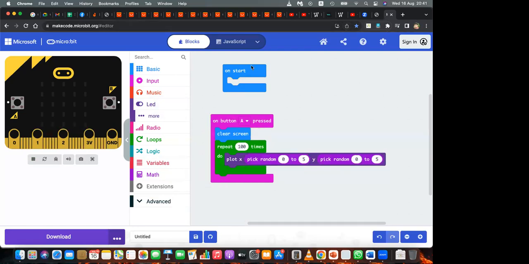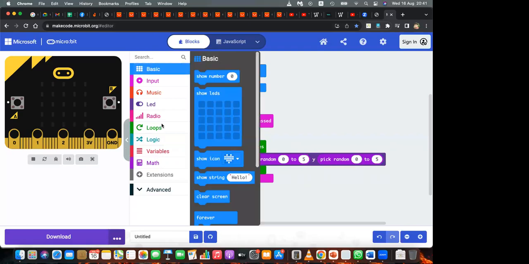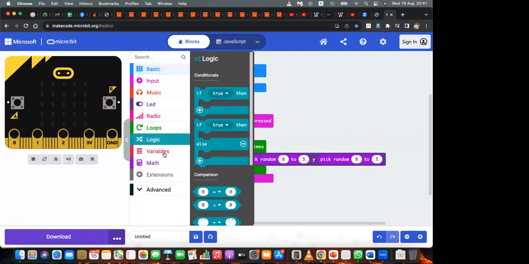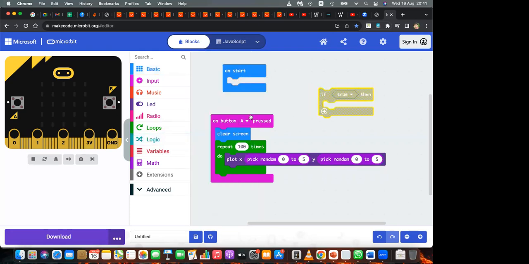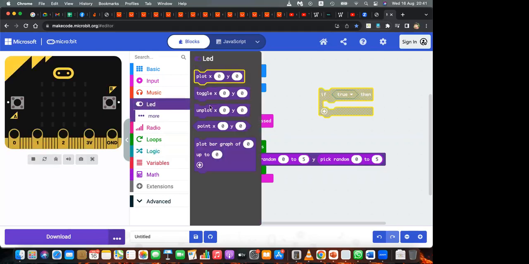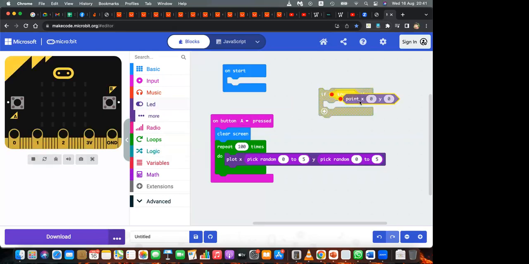And let's try to do that with a check-in condition, if it is already plotted. දැනට plot එකලා තියෙනවා නම් අපි කොහොමද එහෙම එකක් බලන්නේ? You can use if. Already plotted ද කියලා බලන්නේ, you can go to LED and you can say point. If point,